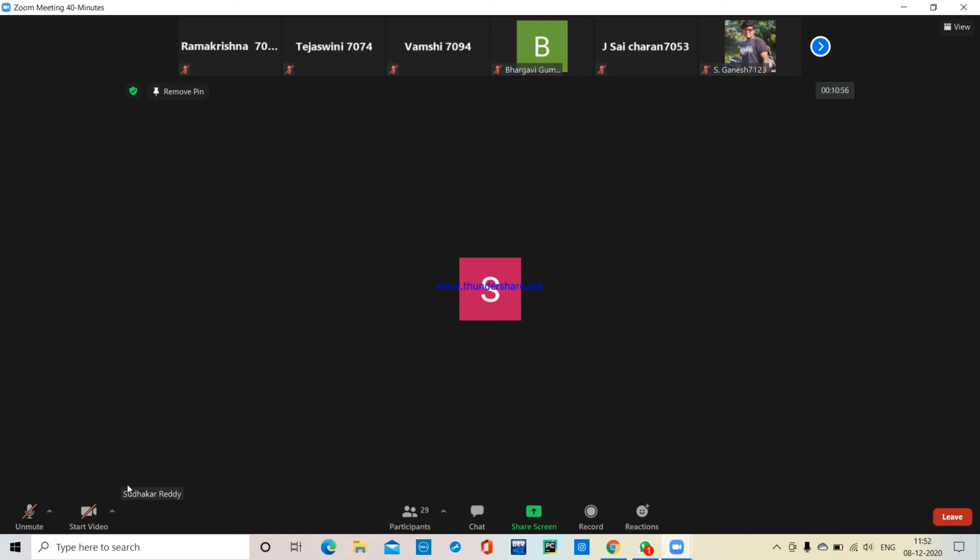Insertions can be done at one end and deletions at the other end. Insertions are done from the rear end, and deletions are done from the front end.